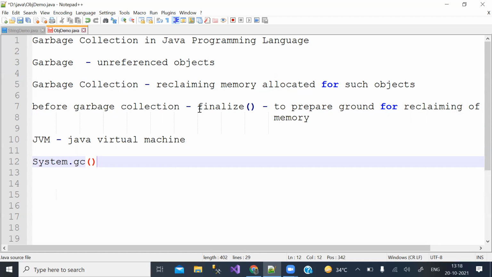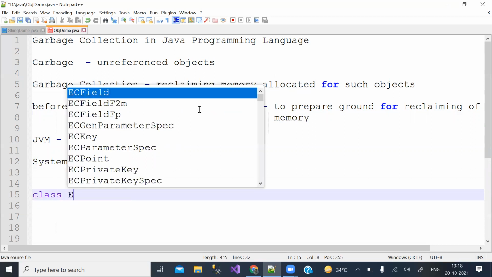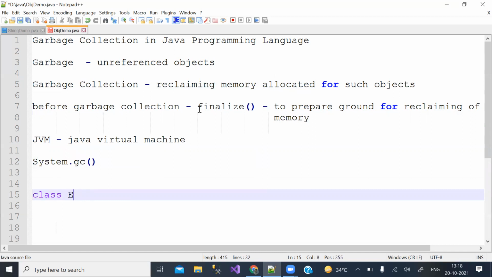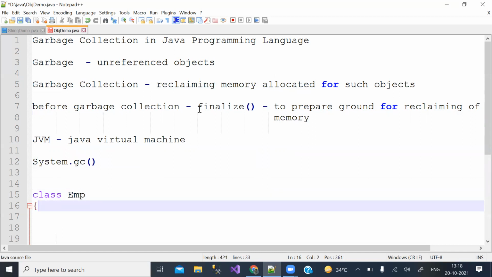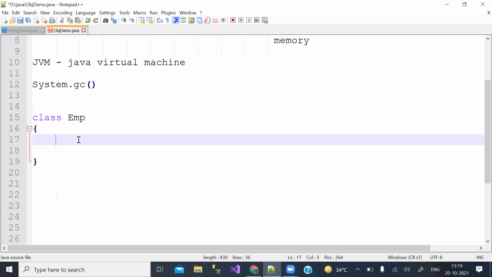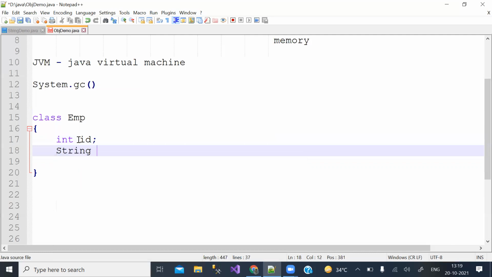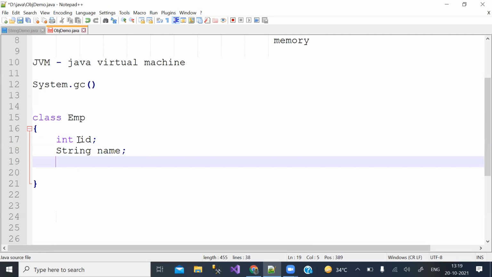Now, what is an unreferenced object? Assume that you have a class, say EMP. This class is already defined. Assume that it has two parameters, one is ID and one is name.